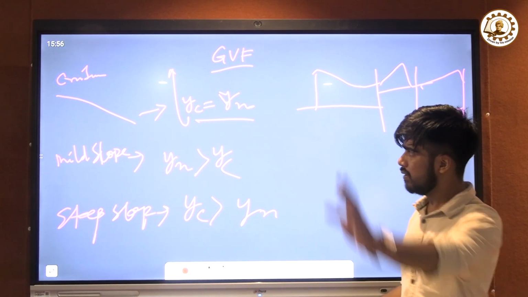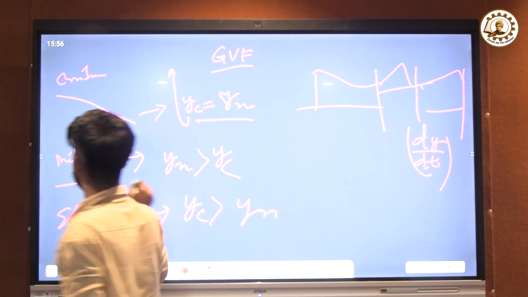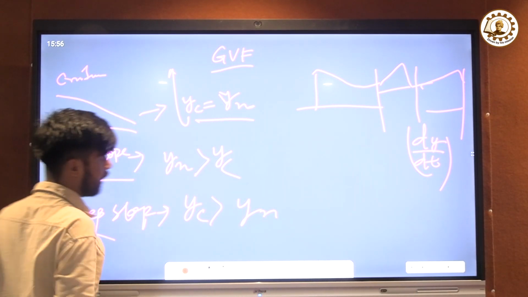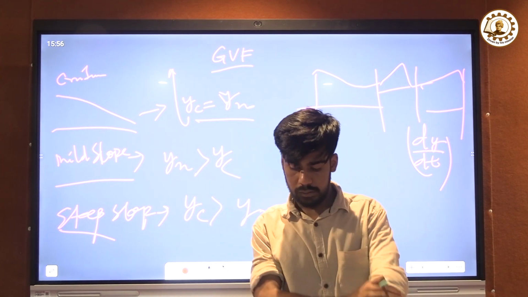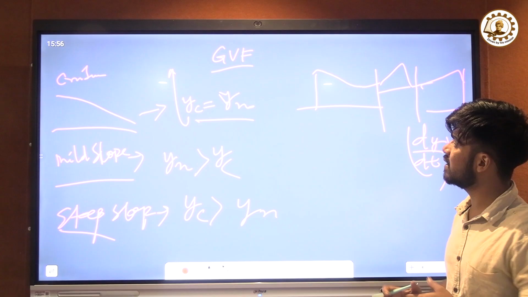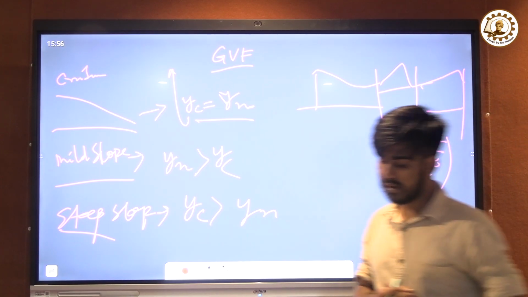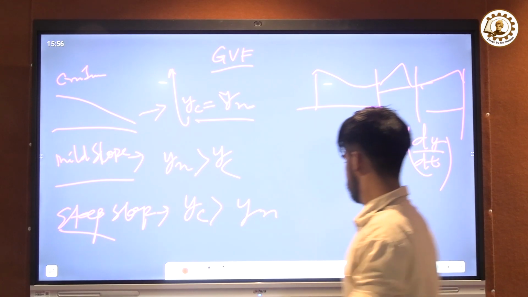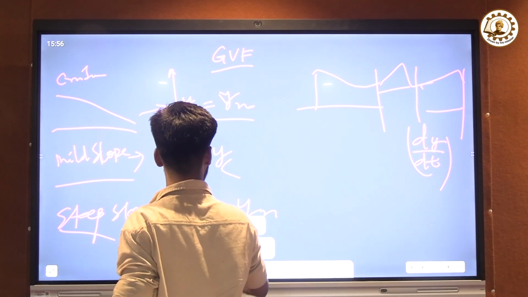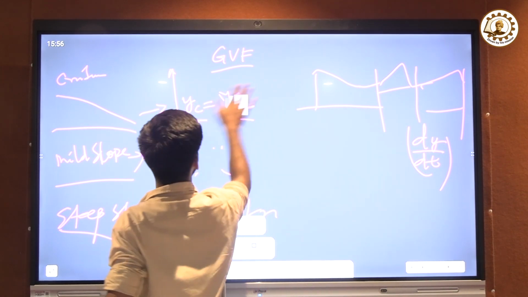Now, these are some slope conditions by which gradually varied flow can occur. But in order to understand that mathematically, we need to have a flow profile of an open channel, something like this. We have done this in our previous